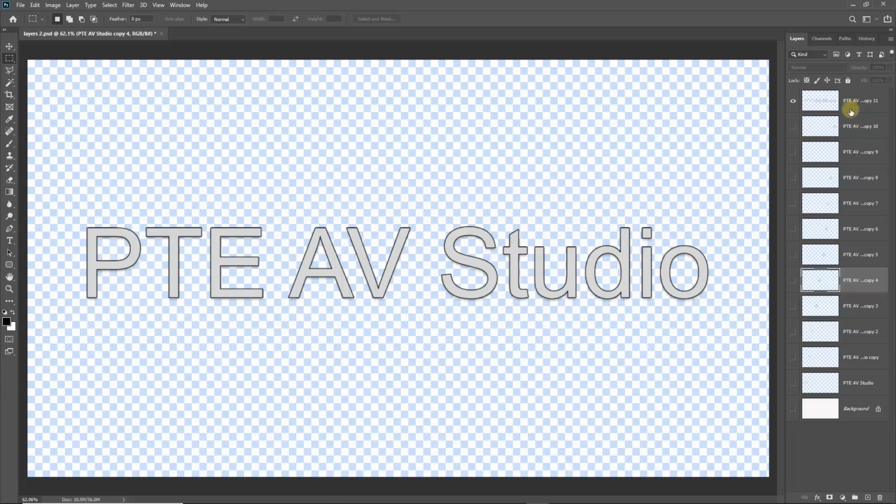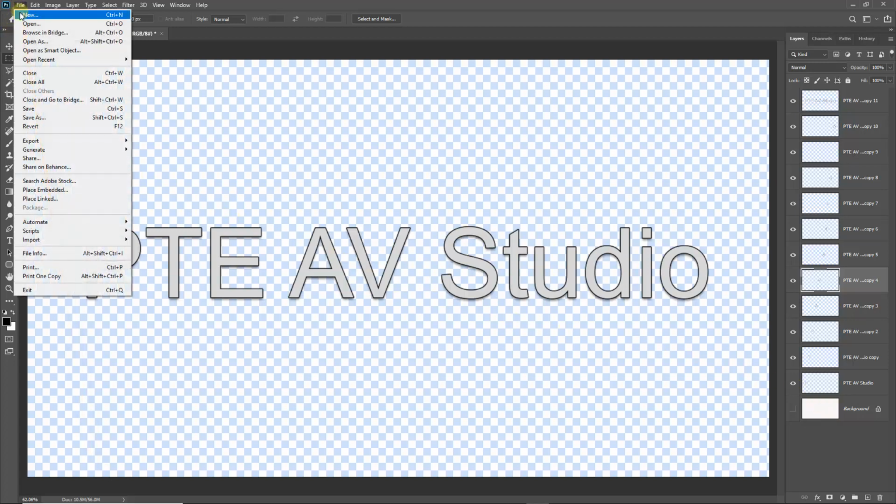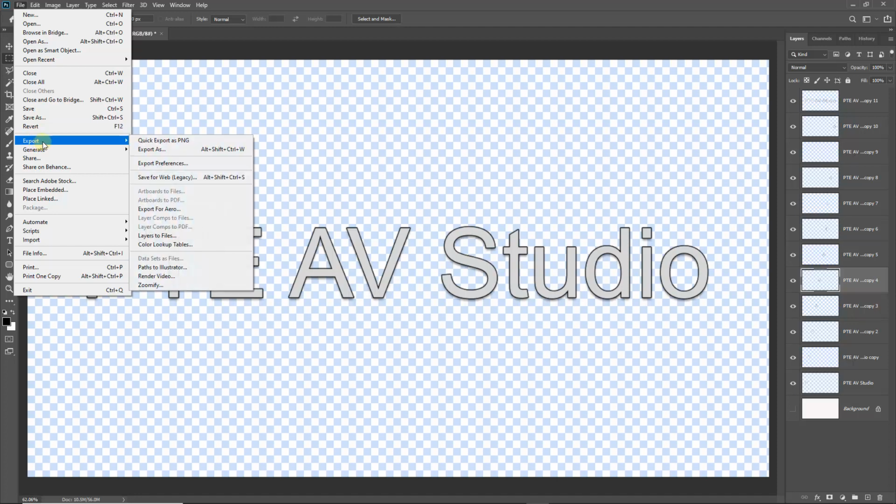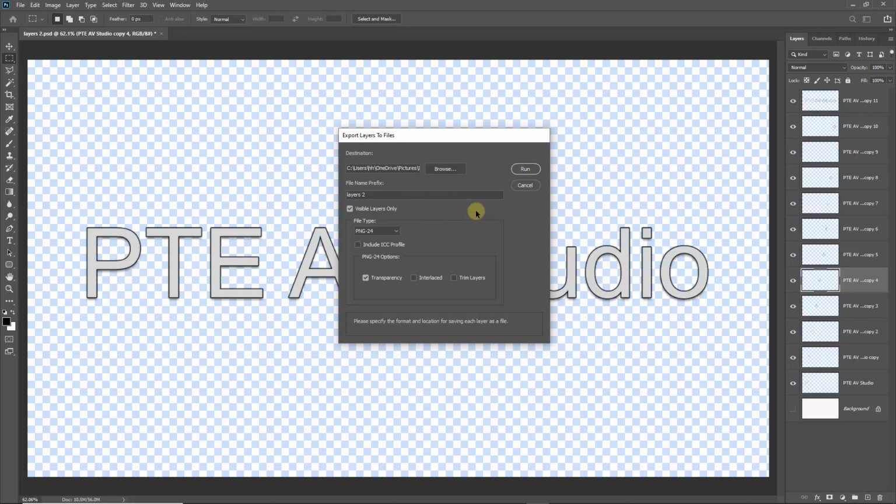Now we need to export all of those layers to our slideshow folder. Now I'm going to do that by first turning them all on, so I'm only going to export the visible layers. I don't want the background. I'm going to go to File at the top left of the screen, choosing Export, and there's the command we want, Layers to Files. In this window we can choose where the images are going to be saved and what